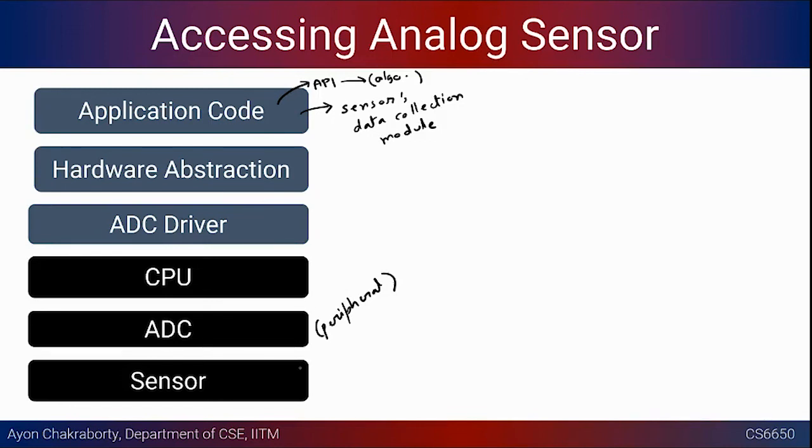And the sensor which you are going to connect to some kind of analog pin is going to be read. So this is your sensor that goes to some analog pin in your microcontroller and then is taken up by the CPU, and the ADC driver is the bare metal software that handles how the data has to be read.